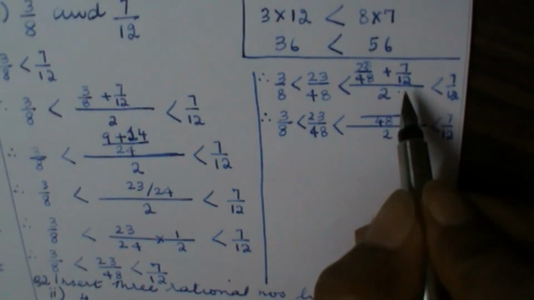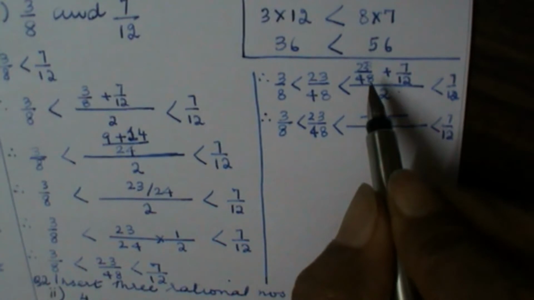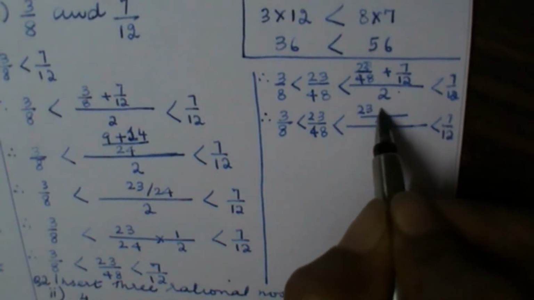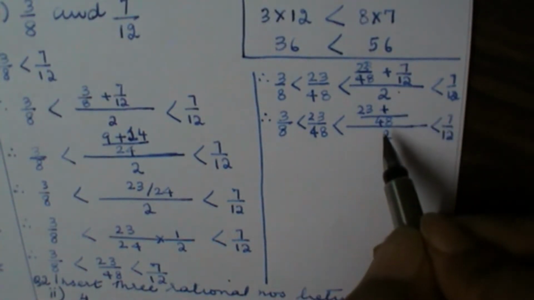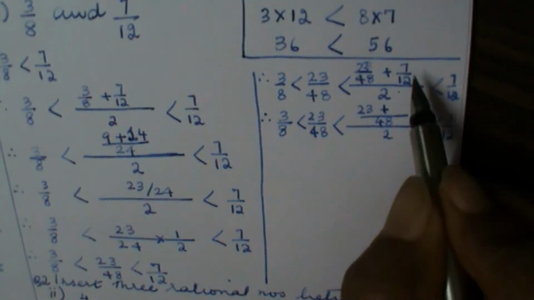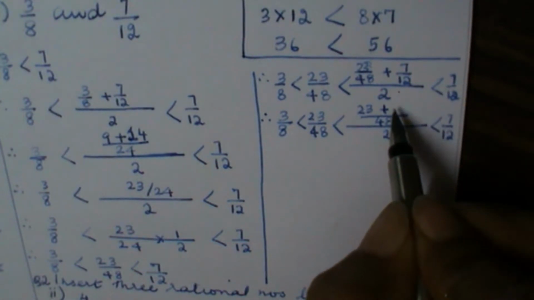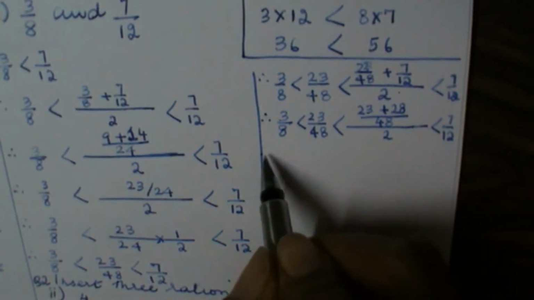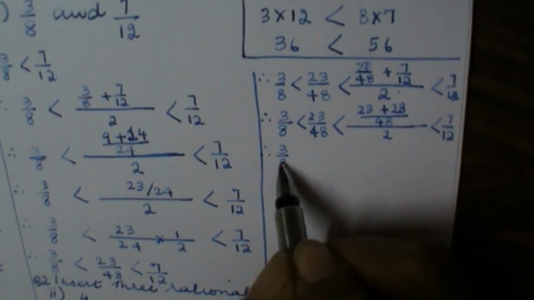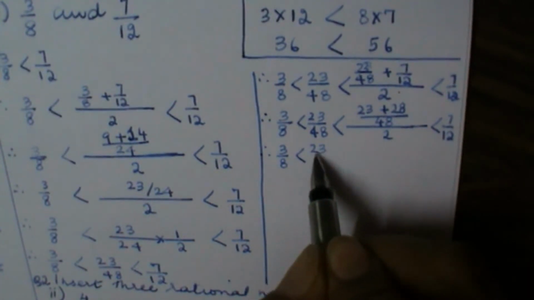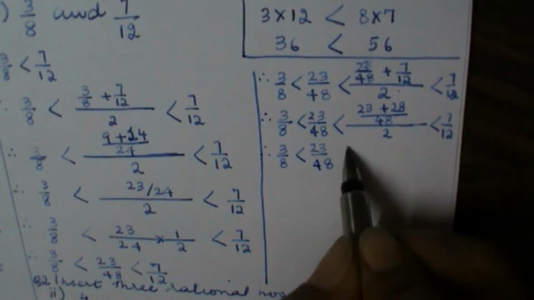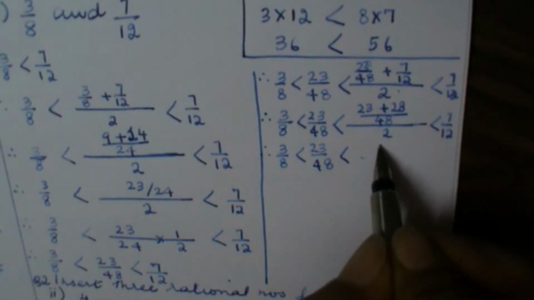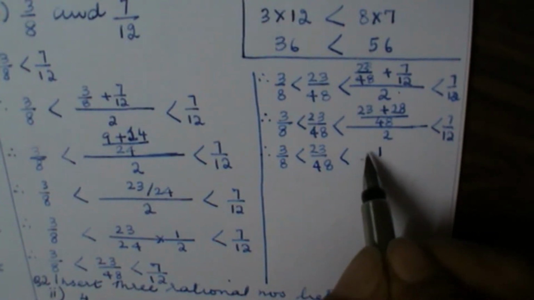So 12 times 4 is 48, so 23 will be multiplied by 1, so that keeps 23, plus 12 4's 48, so 7 goes with 4 and it multiplies giving you 28, 7 4's 28, and therefore you will have 3 upon 8 less than 23 upon 48 less than, now this gives me 8 and 3 11, carry 1, so it will be 51